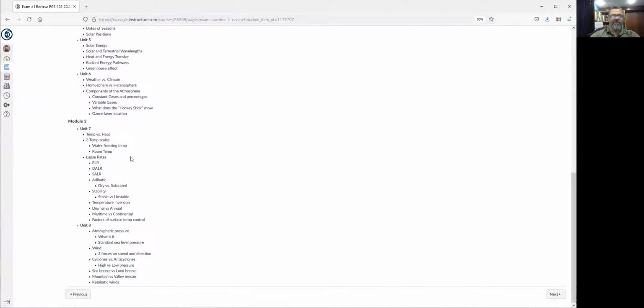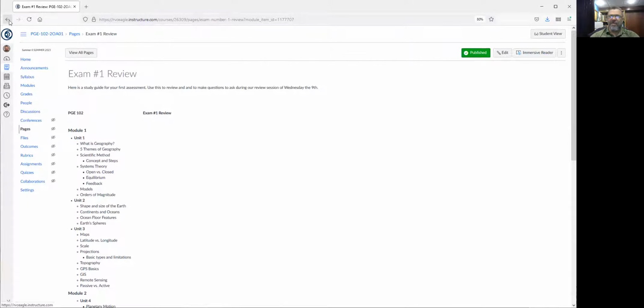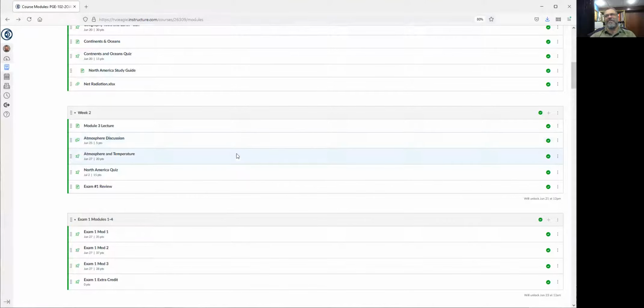This goes all the way down through every unit, every module, every unit in this exam. So take some time. The exam is due on Sunday, like almost everything you have. Sunday is that due date. I just want to always give you guys that extra weekend time. So I know people are busier, really busy during the weeks, and then it just gets hard to get things in. I did not want to make anyone have to have things done on a Friday night. Well, your discussions are due, but those should take you a few minutes.